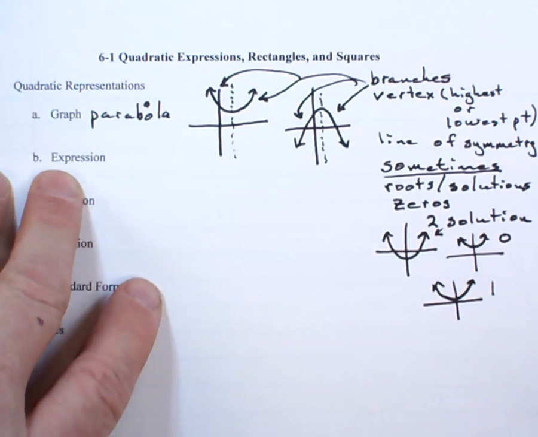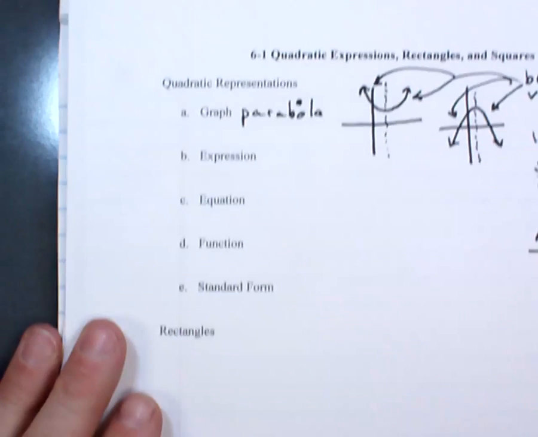Can you have a sideways parabola? Sam, can I have a sideways parabola? No, because it's not a function. Correct. Now, we do talk about sideways parabolas in calculus, right, Sam? We talk about everything in calculus. But right now, we're only talking about functions. Now, the expression